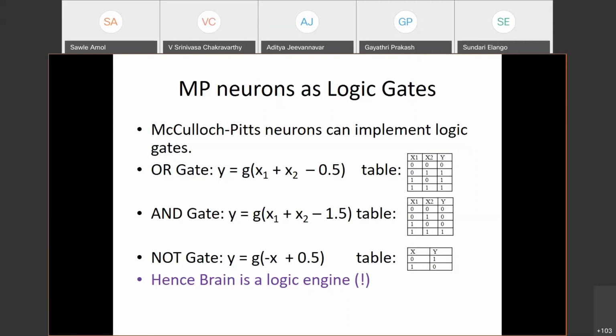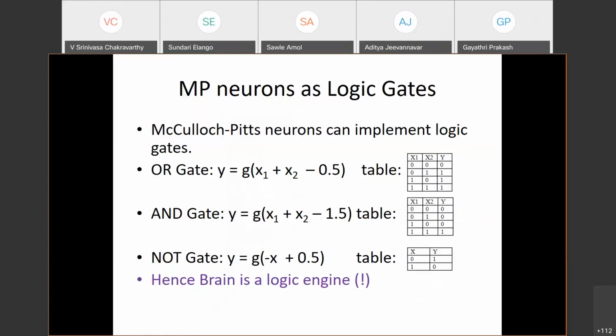On the left side, the expression that you see is g of x1 plus x2 minus 0.5. You can see that when x1 and x2 both are zeros, the argument is negative, so the output is 0. Even if one of the inputs is 1, the argument is positive, so the output is positive because this g is interpolation. Like that you can construct the AND gate, and to get the NOT gate, you basically